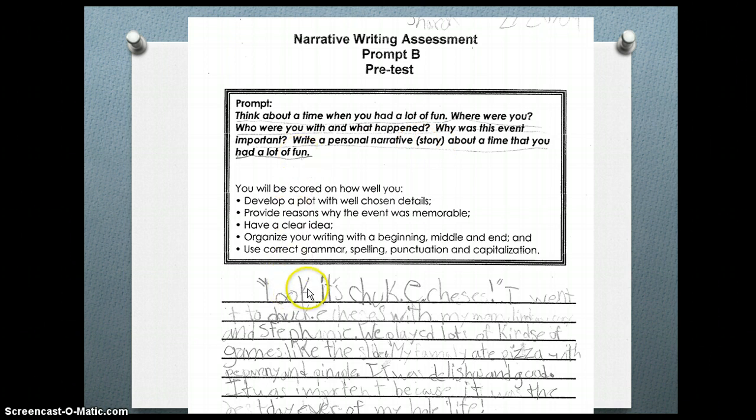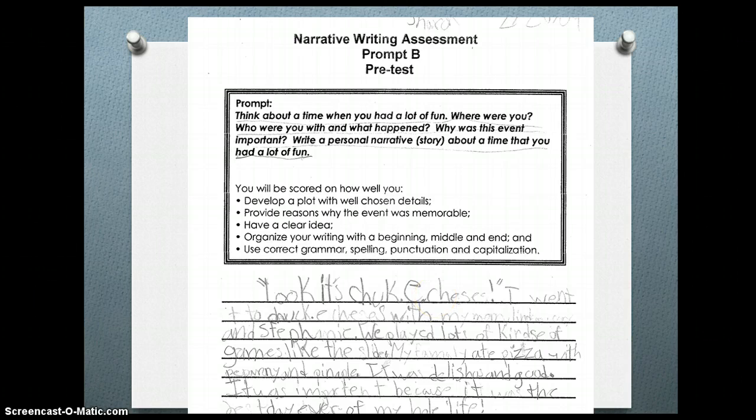And my student wrote, "Look, it's Chuck E. Cheese. I went into Chuck E. Cheese with my mom, Linda, Corey, and Stephanie. We played lots of kinds of games like the slide. My family ate pizza with pepperoni and pineapple. It was delicious and good. It was important because it was the best birthday ever of my whole life. I wish I lived at Chuck E. Cheese." So this would be a way to collect a writing sample,